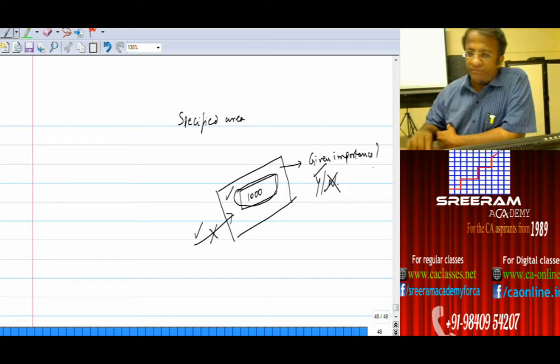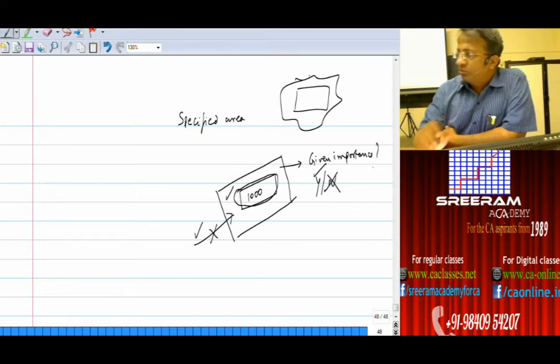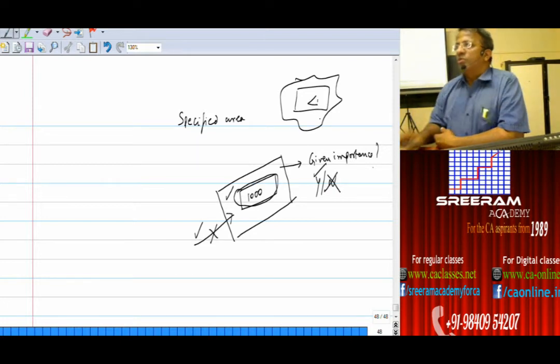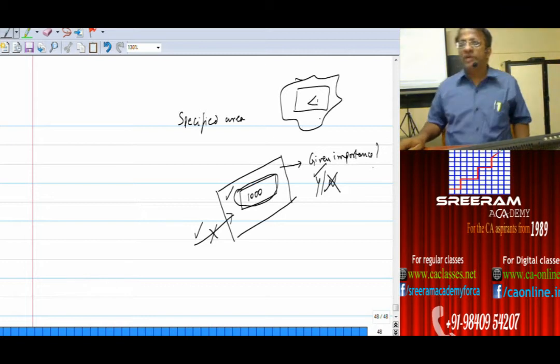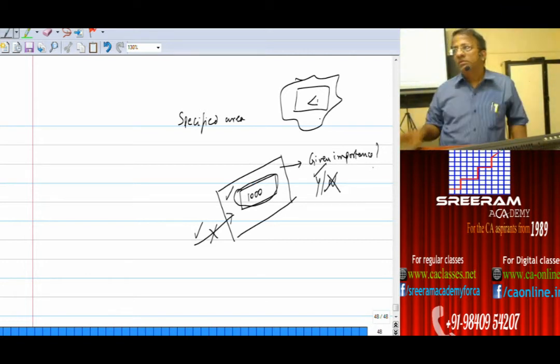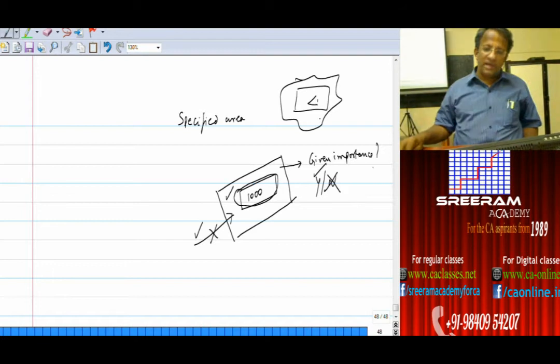If I say no, I am not correctly thinking. Reason is very simple. If I have a 1000 square feet property with no land appertaining thereto, the value of the building with 1000 square feet with no land appertaining thereto will be lesser than another one which has got land appertaining thereto, isn't it? So therefore, the valuation should not be for the building alone. We should take into account the unoccupied, that is unbuilt area.